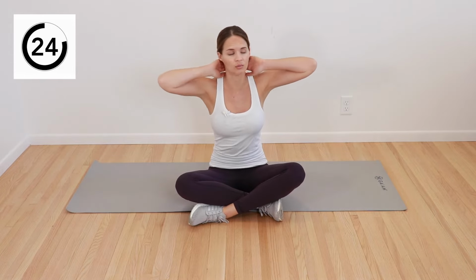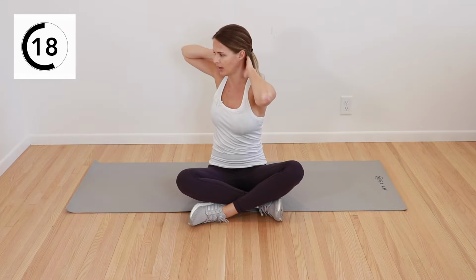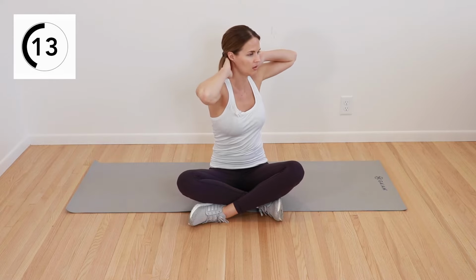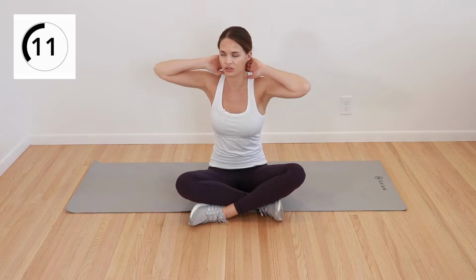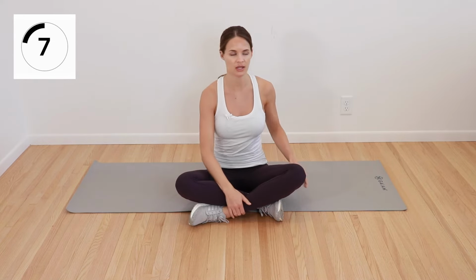And then what we'll do is we're going to put our hands behind our head and we're going to open up the elbow to the side. We're going to just rotate open one way, back to the middle, rotate open the other way, back to the middle. If anyone has any shoulder issues, we can put the arms by our sides and just rotate open with your arms lower,